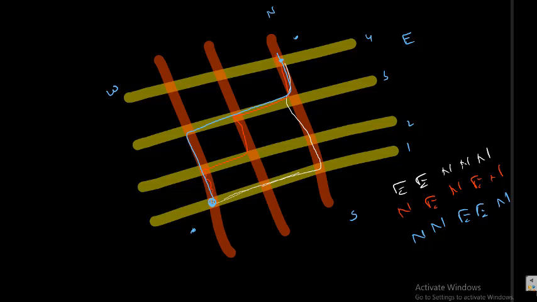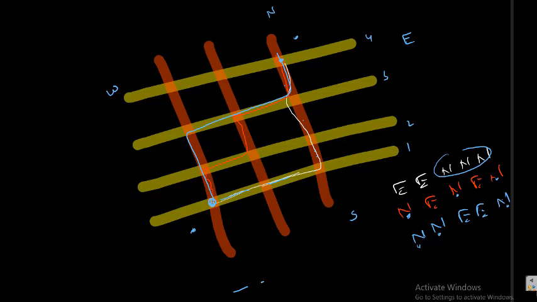Students, observe now what happened here. In all arrangements we have 3 N's. Observe 3 N's, all 3 N's here. And how many routes are there here? 1, 2, 3, 4, 5. See 1, 2, 1, 2, 3. Okay, just like here 2 blocks and here 3 blocks. Total 5 blocks.